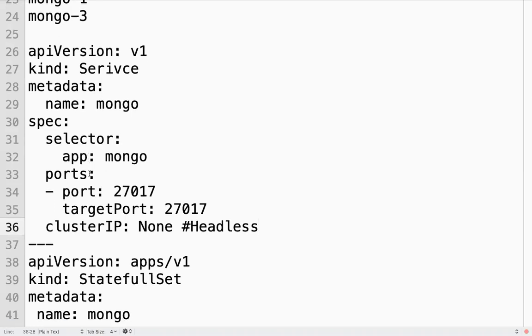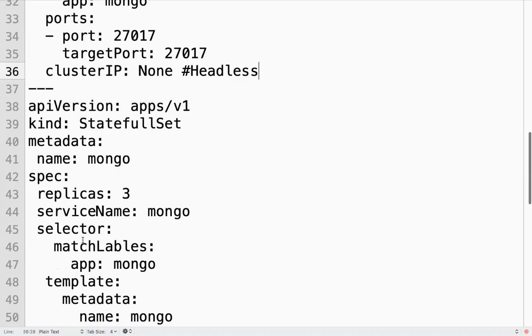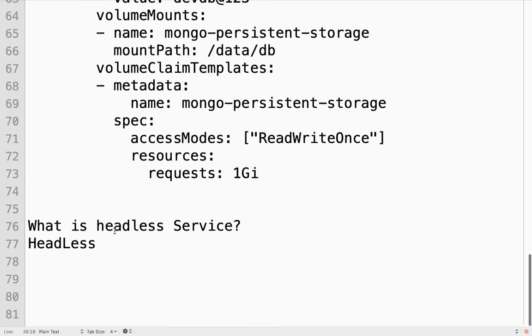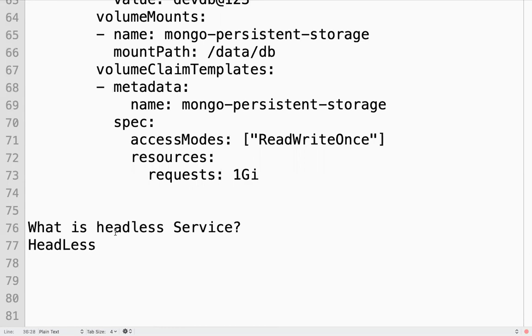If you create this type of service, there won't be any load balancing, right? It will directly talk to the pod, and you will get a unique container name also. If you don't want to use the service, you just create a headless service and use your host names, your pod names. The application can directly connect to your multiple replicas.